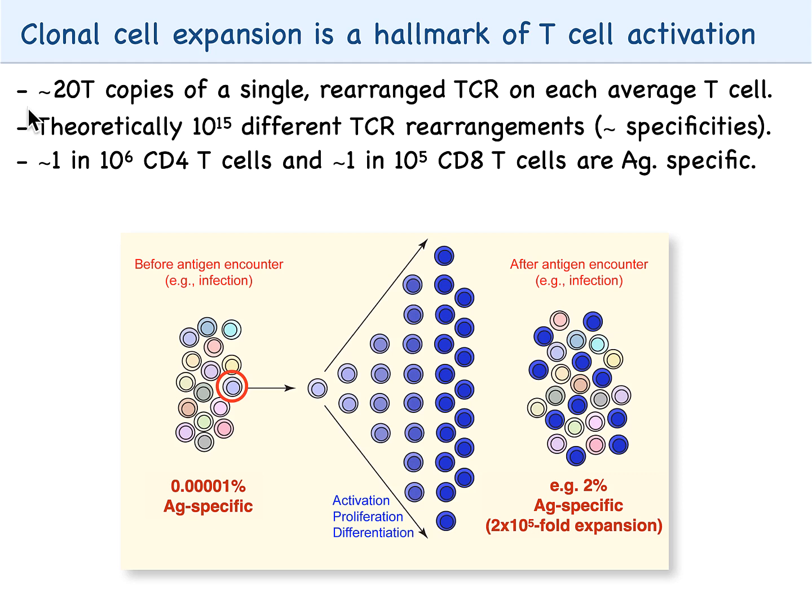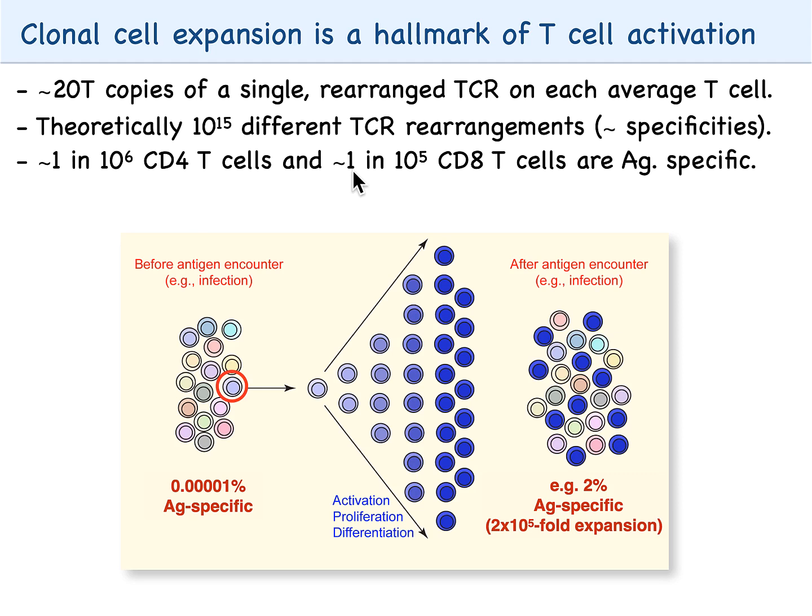So each T cell carries around 20,000 copies of the same rearranged T cell receptor. Yeah, so there are a lot of T cell receptor molecules, but they're all the same in one cell and most likely different to the cell next to it. So that means that you have a very low frequency of these antigen-specific T cells, and it is estimated that it's around 1 in 1 million for CD4 T cells and 1 in 100,000 for CD8 T cells that are specific for the same